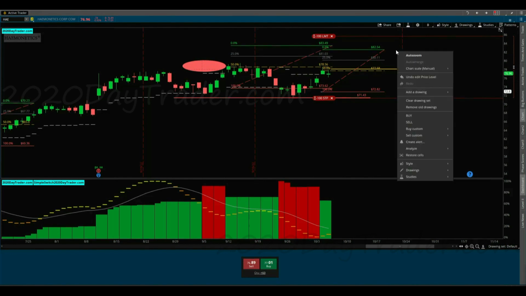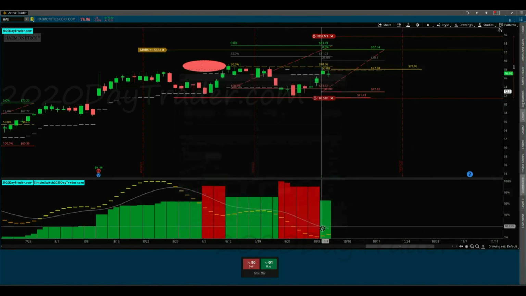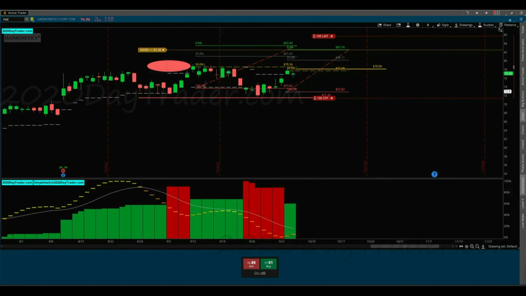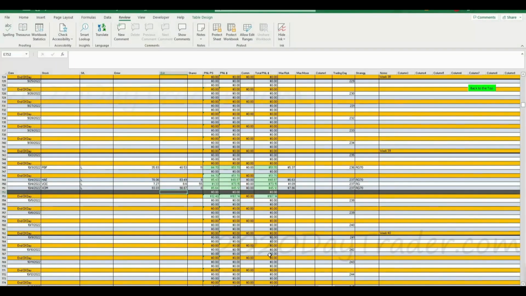And then I'm going to go ahead and right click, create an alert, at or above, create. So now it's going to text me when it gets here so that I can then go into my phone or wherever I'm at and move my stop up to that level and then lock in that trade and possibly squeeze some more out of it. So that's what's going on with HAE. So let me go and show you now how I came to those numbers. Why do I have the shares that I have? So back to the My Strategy Manager.